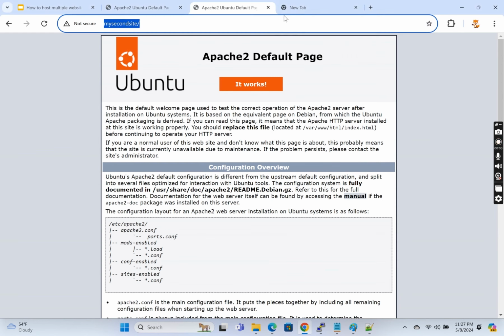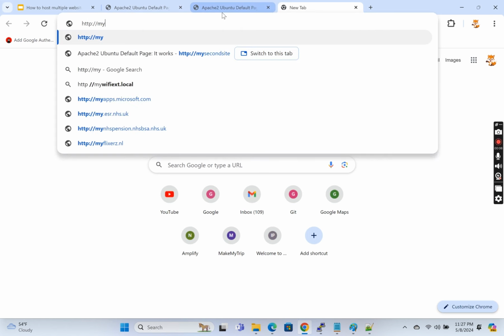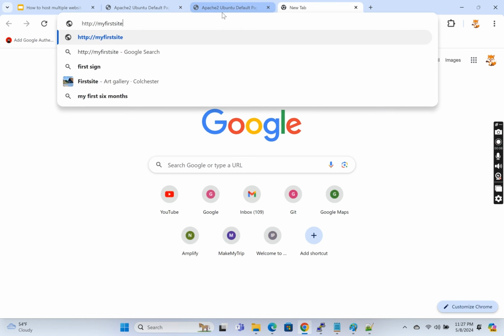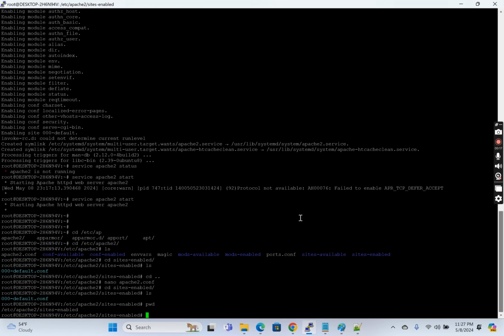Now basically I am able to open the IP address directly on my browser. So, first site. Okay, so here if you see, as we have not configured the virtual host, what's happening is both are opening the same site itself. So now what we need is we need to make the configurations required for hosting two different sites, right? So let's create the configuration file,